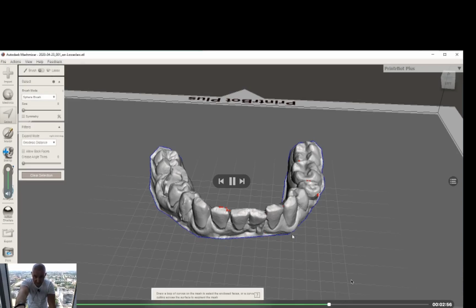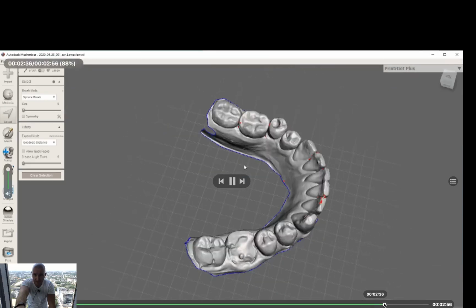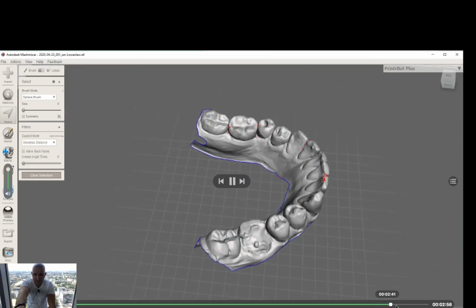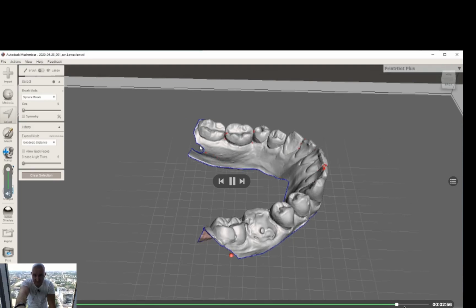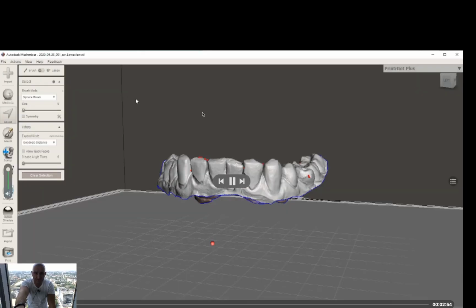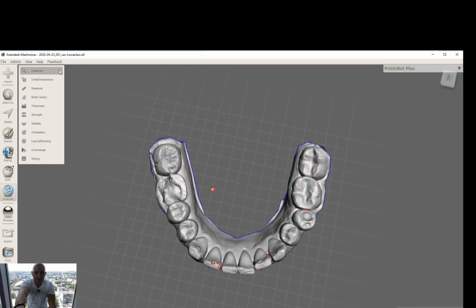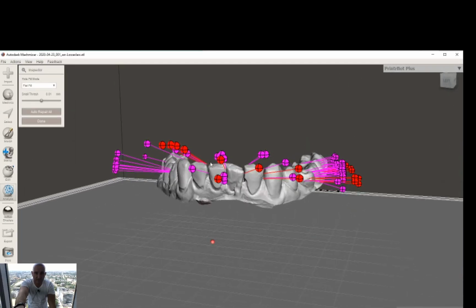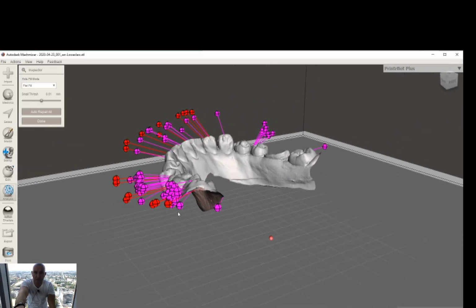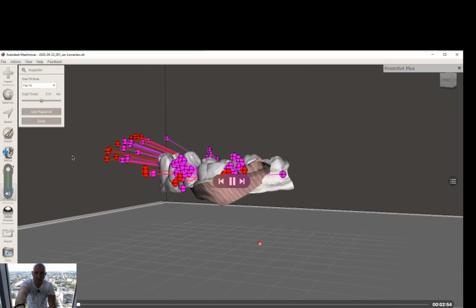I will just fast forward it, and okay, I think we have it done. And right after that I will again use select function, but this time a different way. But first I need to remove all problems out of the model. So for that we use here option analysis, and we choose our inspector, and the software will fix all the